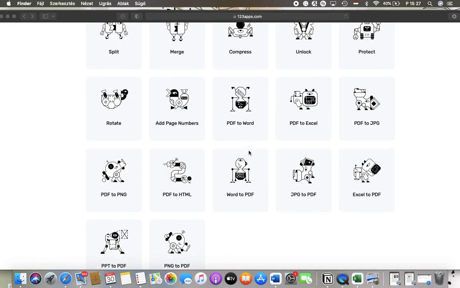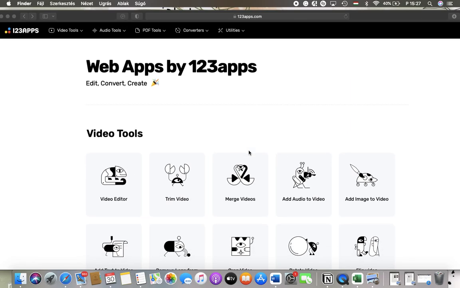Guys, in this video I am going to show you how to convert your JPG file to a PDF file